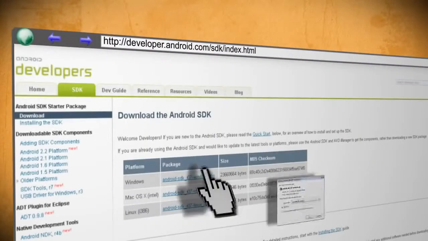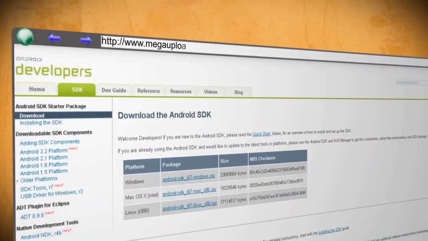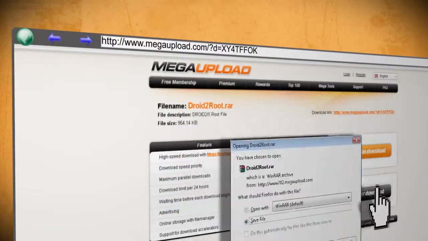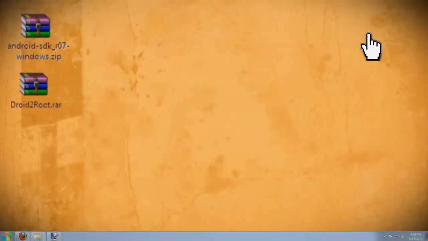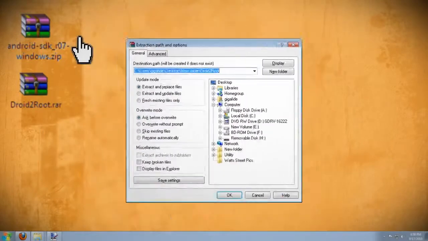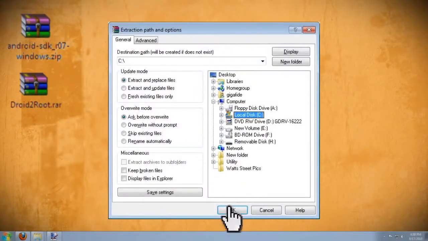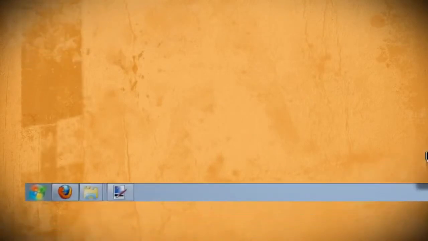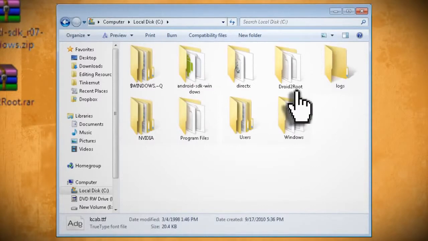Alright, you're going to need two files in order to complete this project. The first one is the Android SDK, which is the Android Developer Kit. The next thing that you need is the Droid to root file, which contains BusyBox, our root image. Once you have these files downloaded to your desktop, extract both of them to your C drive. I'm using WinRAR to extract them, but you can use 7-zip or whatever archiving program you want. The file paths should end up being C:/droid to root and